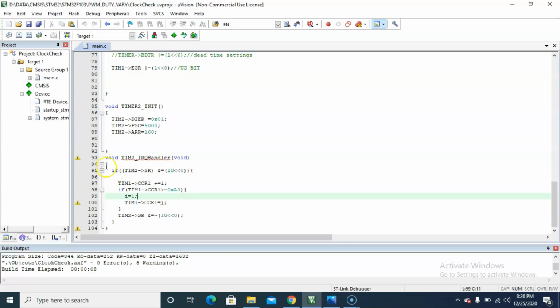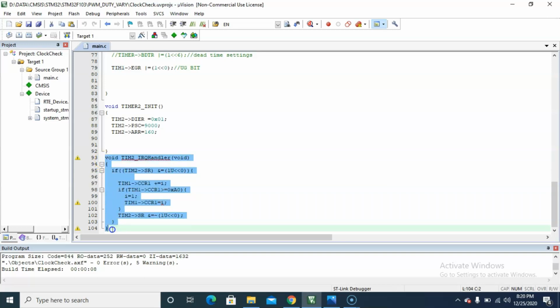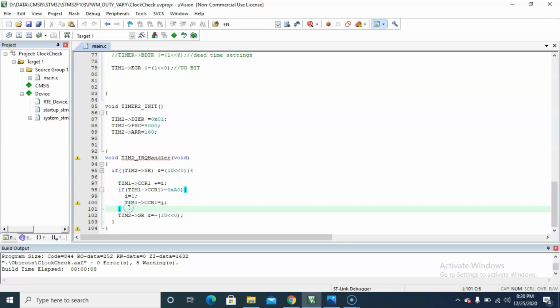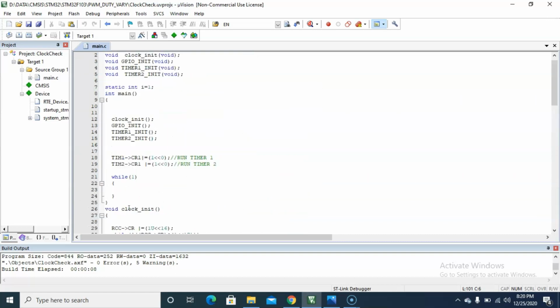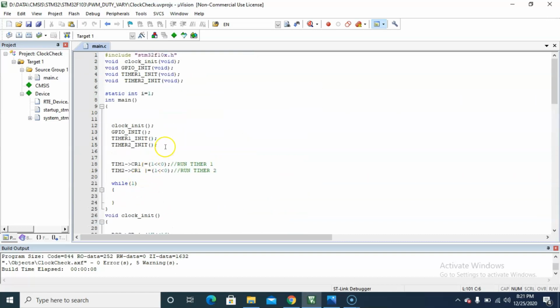So by this method I am varying the timer CCR register value, or you can say the duty cycle value. Therefore I am getting a 50 Hz signal varying from 1 millisecond to some more milliseconds, which is not exactly 2 milliseconds. It is varying from 1 millisecond to higher values.